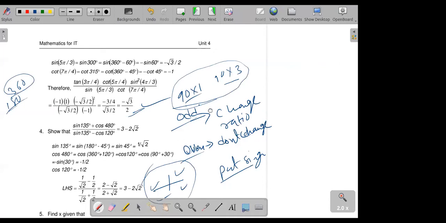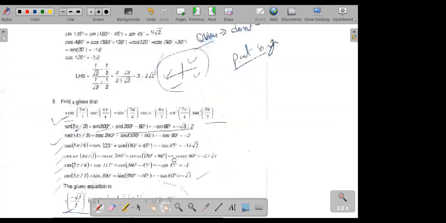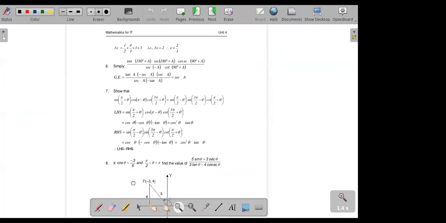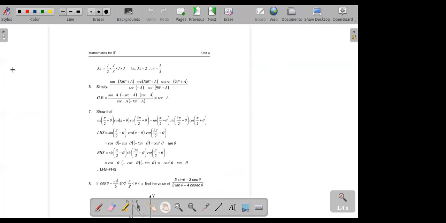So I think this is done. Let's see, find some better example. Yeah, this one looks good, we should solve it. So this one says